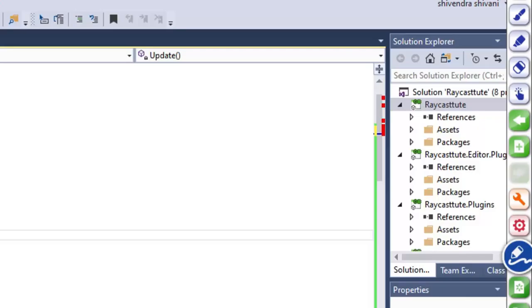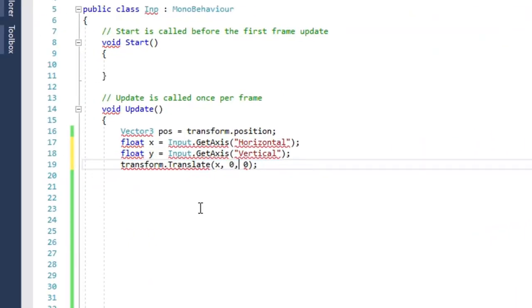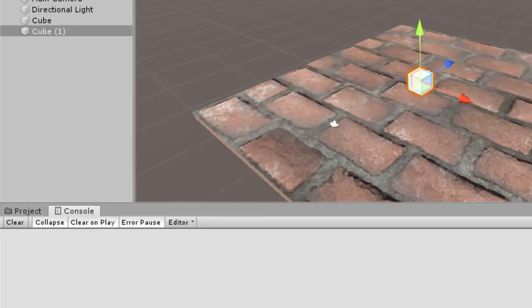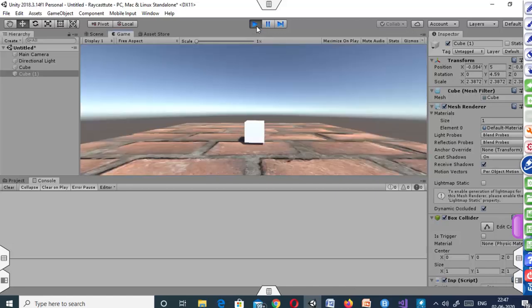So we will assign this value here. Now you can see how smoothly we can move any object.